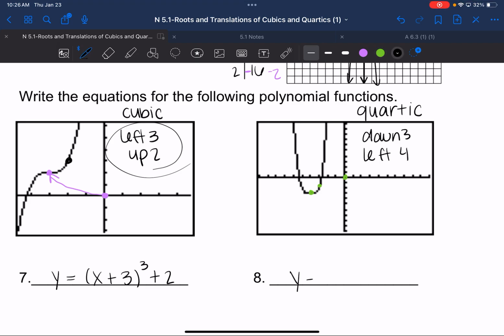So what would my equation be for this one? y equals (x + 4) to the fourth, minus 3. Okay, so the x plus 4 in our parenthesis with the exponent of 4. Nice. And then the minus 3 on the end. Perfect. Okay,